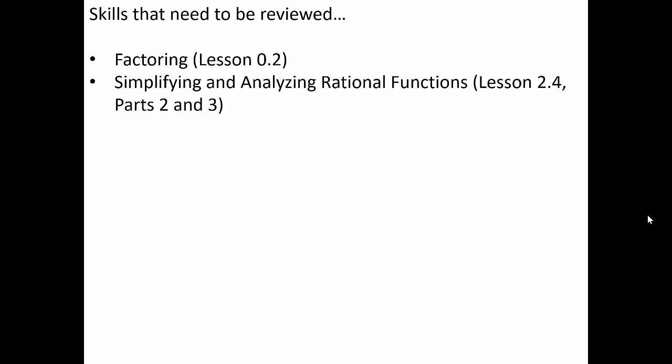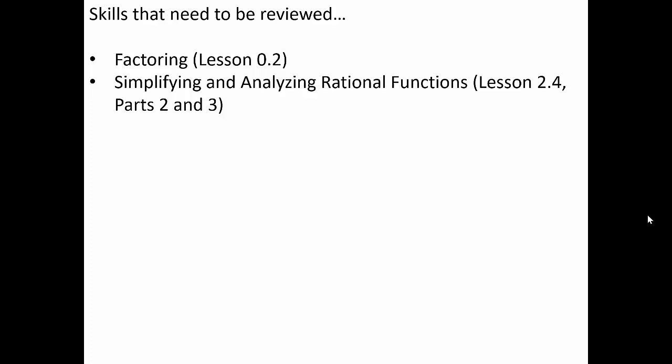The two topics that I want to go back to are lesson 0.2, which was one of the first lessons of the year, all the way back in August, where we need to go back and practice factoring. And then to build on top of that, we're going to go back to lesson 2.4, simplifying and analyzing rational functions. One of the good things about this particular unit on limits is it's going to afford us an opportunity